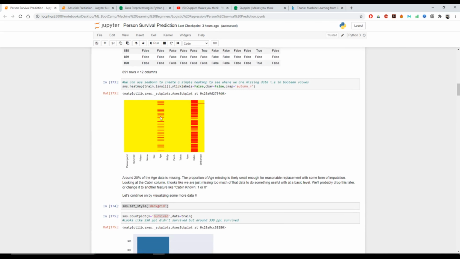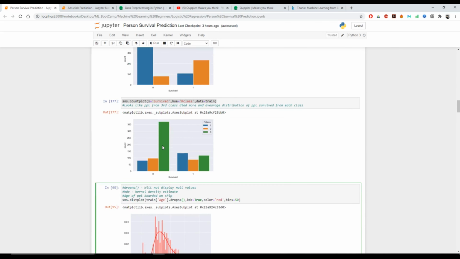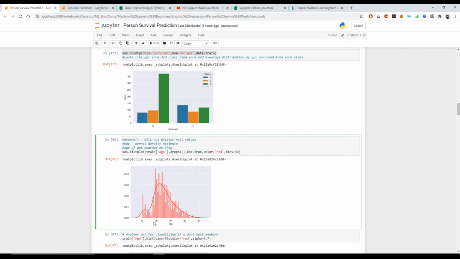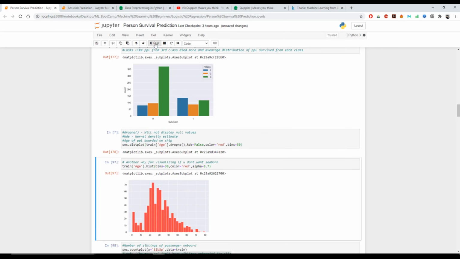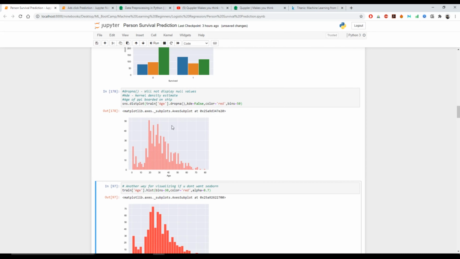As you can see, 20% of the age data is already missing in our data set. So we're going to pass drop NA. And KDE I'm marking as true for this kind of graphical display; in your case, you can mark it as false. Color I had set to red, and the number of bins as 50. Once I run this, you're going to see that most of the people who had